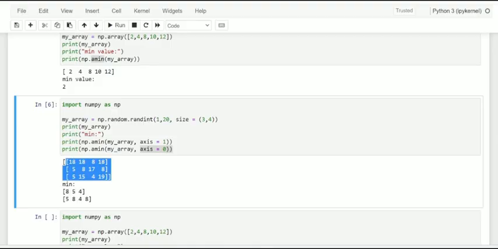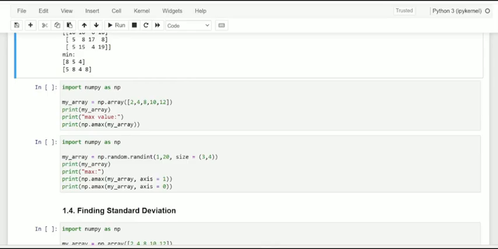So of course 8 is the minimum here. And when coming to the second row, 5, 8, 17 and 8, of course 5 is the minimum. And the last row 5, 15, 4 and 19, of course 4 is the minimum. When across all rows, we have 4 columns here, and 5, 8, 4 and 8 are the minimum values across the rows. Fine. Now let me move on to identify the max value.